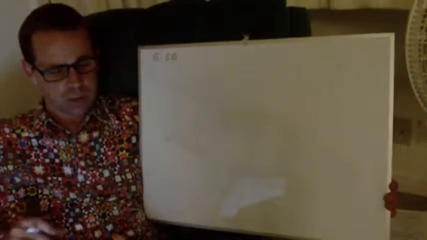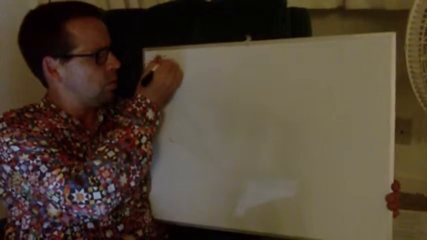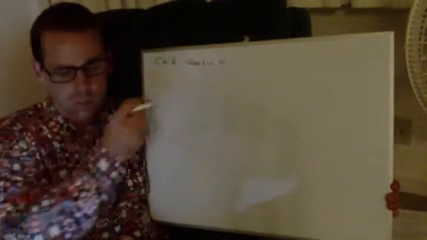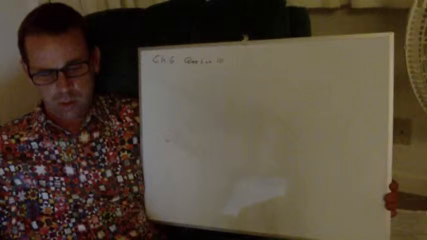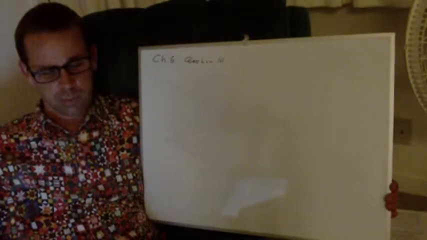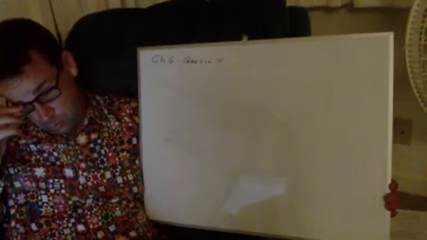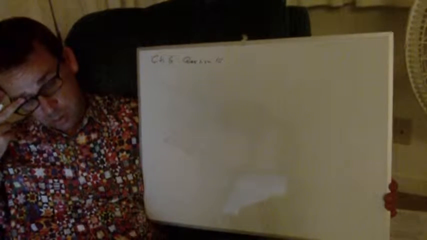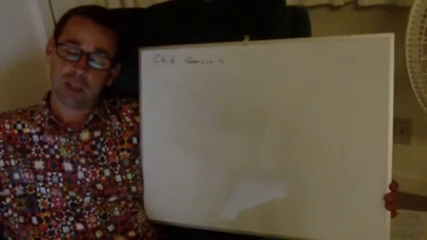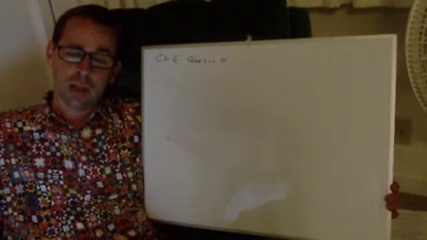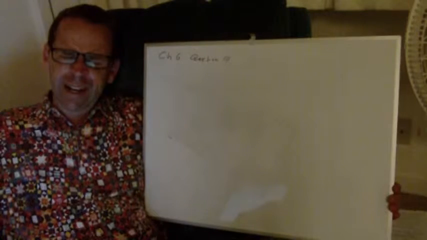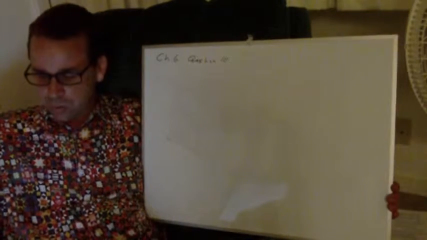Go ahead to chapter 6, question 10. How many p orbitals are occupied in a sodium atom? Well, in a sodium atom, if I remember right, we have 11 electrons, right? 11 electrons, and you can look at the periodic table and see how the sodium atom goes up to,